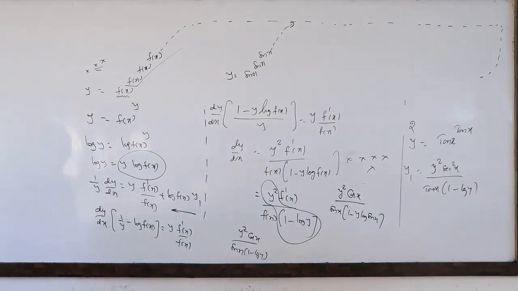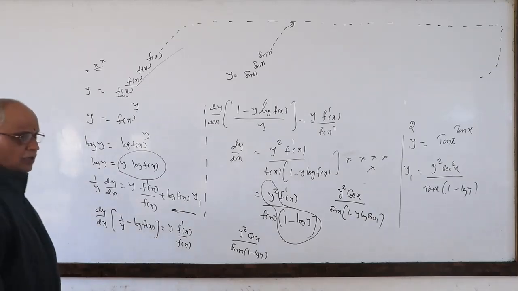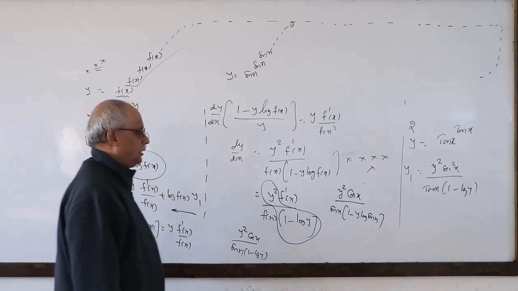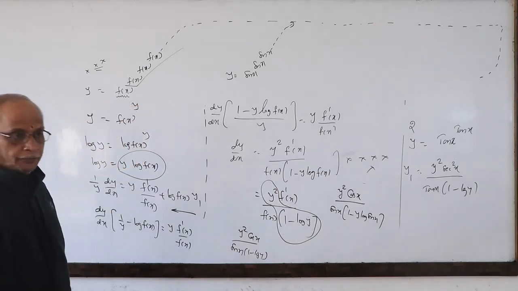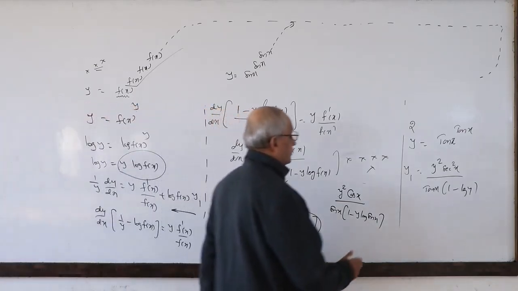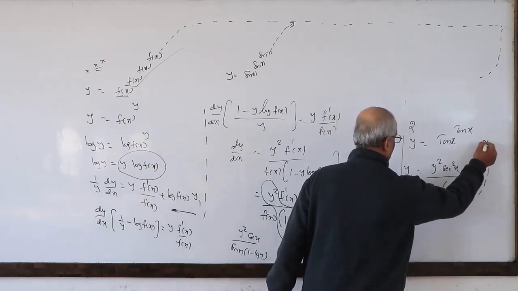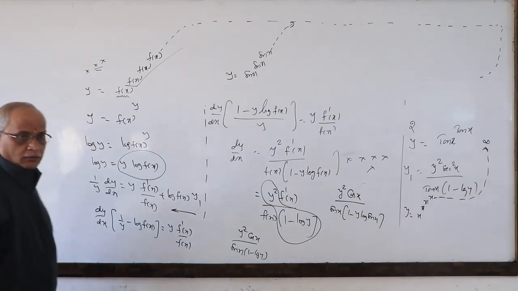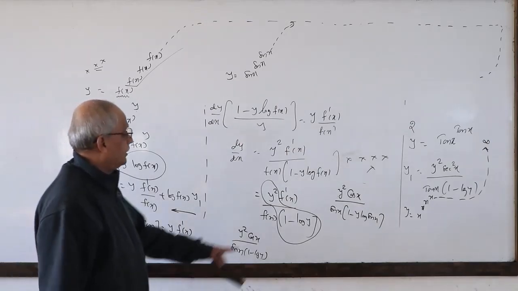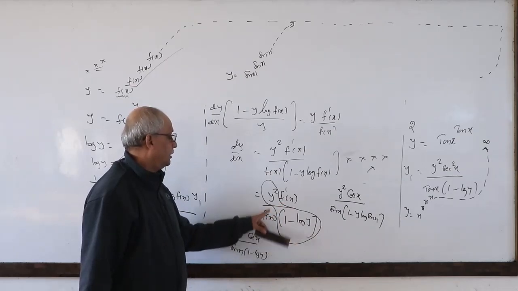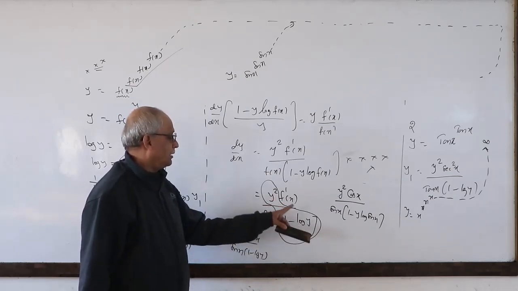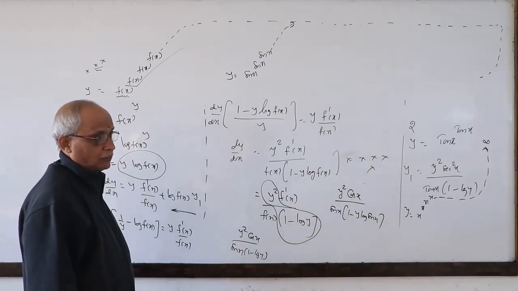The advantage is they can give anyone in the ABCD options. When the problem is repeated infinitely, this works. If it is repeated only 3 times or 2 times, you have to do the method as usual. Suppose x power x power x power x infinitely. What is f of x here? x. Then the answer is y square, with f dash as 1, by x into 1 minus log y. Easy. See how good it is?